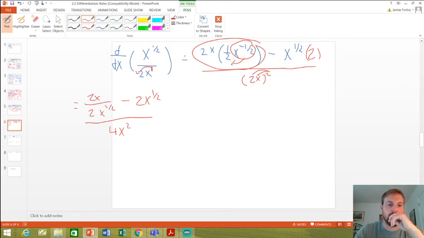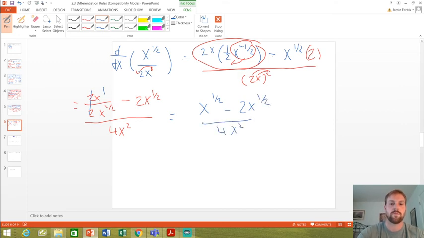Now we can simplify this a little bit if you want to. I mean, honestly, what we could do is, this can reduce down to 2, that goes down to 1 over 1. And we can actually say we got x to the first power on top and x to the 1/2 power on bottom. Isn't that just going to simplify to x to the 1/2 on top? So I got x to the 1/2 on top minus 2x to the 1/2 all over 4x squared,